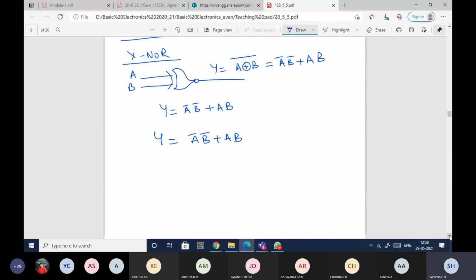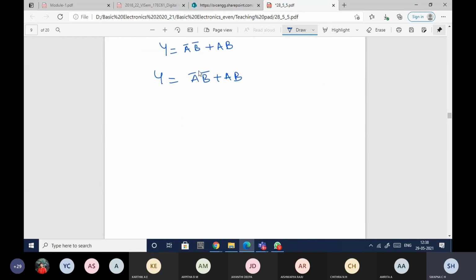Look at the screen. So A bar B bar plus AB. I'll take double complement because I should have only plus and whole bar. But if you observe, I have dot. So what we'll do, the first complement I'll keep as it is and the second complement I'll expand. So it is this one plus this one whole bar form. So it will be (A bar into B bar) whole bar plus, I have dot, so (AB) whole bar, this complete term whole bar.